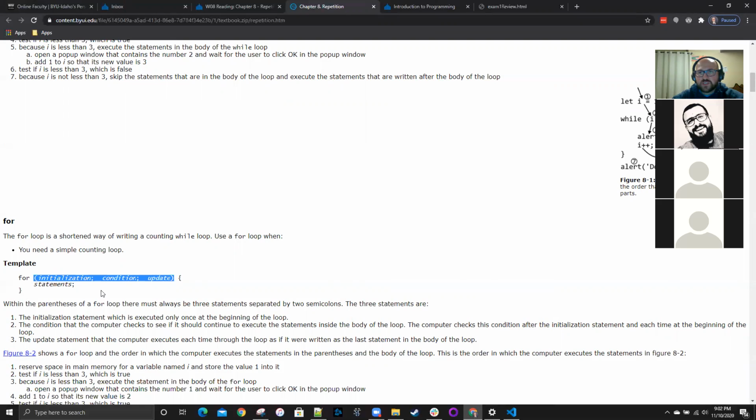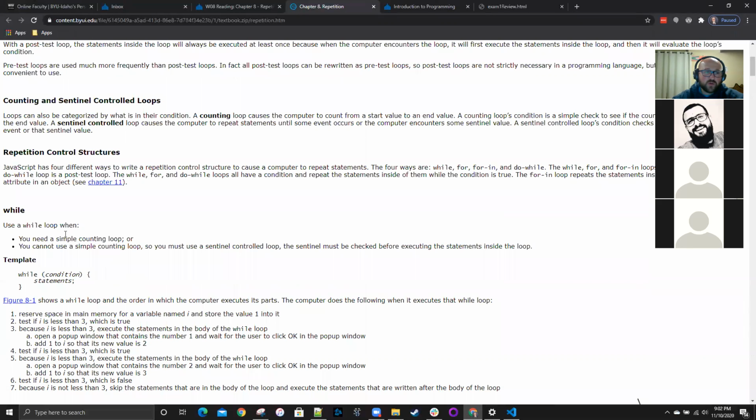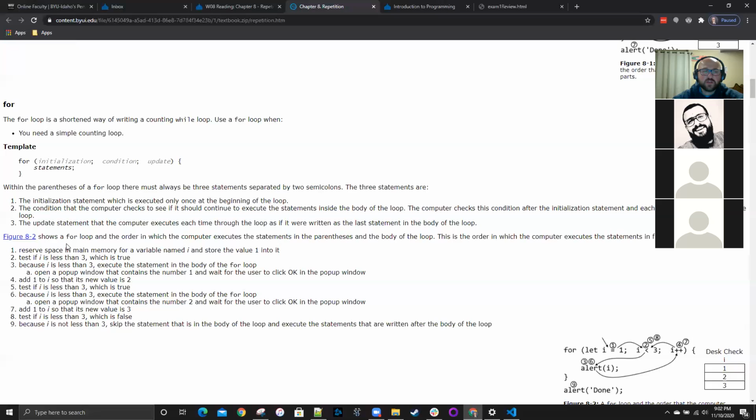So we've got three statements inside of this set of parentheses. We've got a variable initialization, or in other words, before the first semicolon, you declare a variable. Many times, every time with a while loop, this condition requires a variable, and probably 6 or 7 lines above, you'll see a variable declared. So initialization or declare a variable. The Boolean condition to check to see if the loop should continue, and an update to a variable that is used in the condition. And then we just have statements to repeat